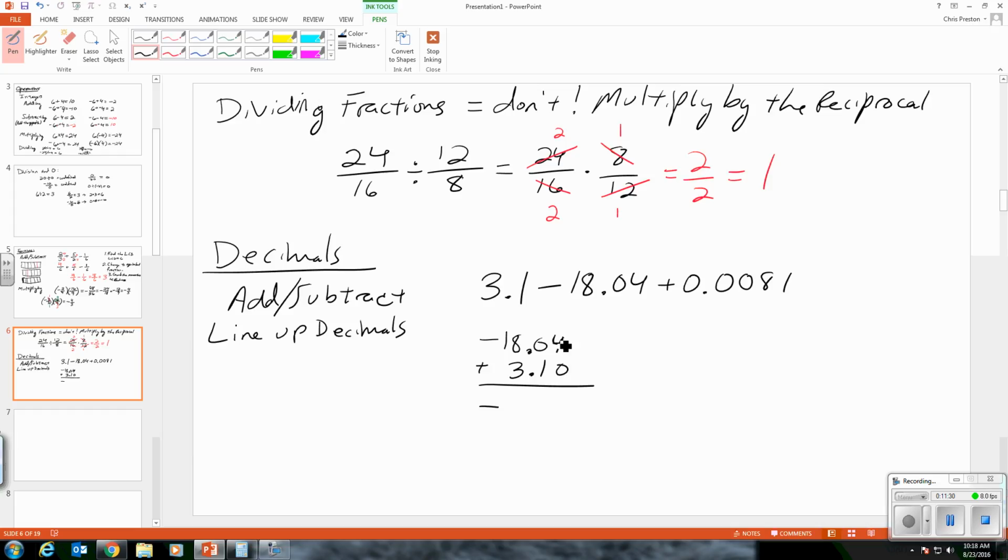But how many more? Well, negative 4 and 0, that makes 4. You can't take 1 from 0, so I'll have to borrow 1 from here, make that a 10. Take 1 from there, that'll make it 9. 3 from 7 makes that 4, so negative 14.94. And then I'm going to add